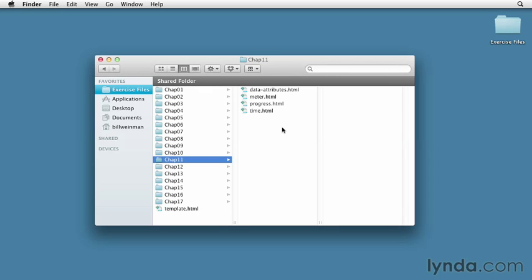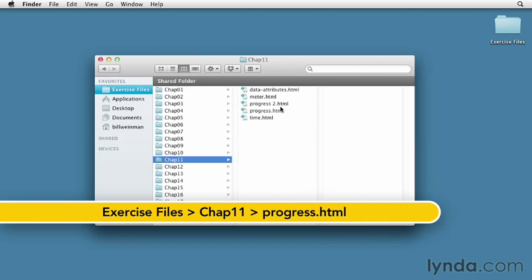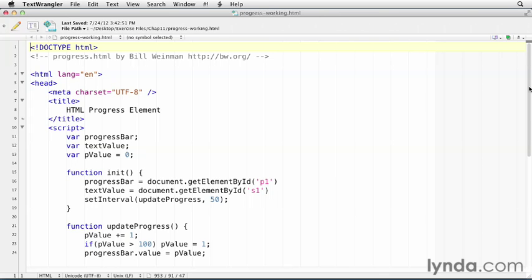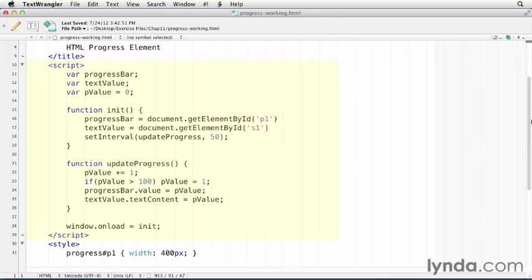While the meter element is recommended for displaying a static value, the progress element is recommended for displaying a progress bar. Let's go ahead and make a working copy of progress.html. I'm going to rename this to be progress-working.html. I'll go ahead and open that, and you see up here at the top we have some JavaScript and